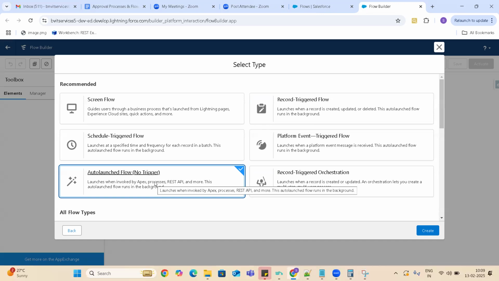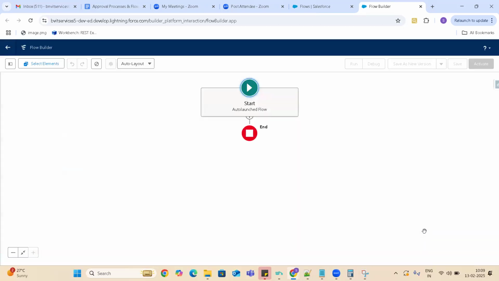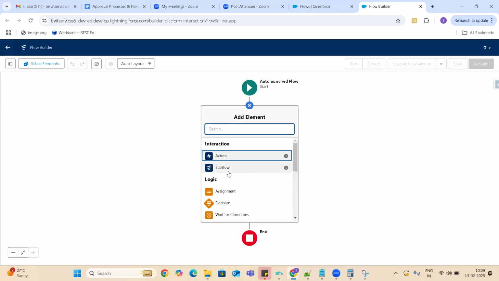Basically, we use the auto launched flow whenever we want to set up some reusable steps that can be used from multiple places. That time, basically, we use auto launched flows. Okay. Here, basically, you will not have that screen component.